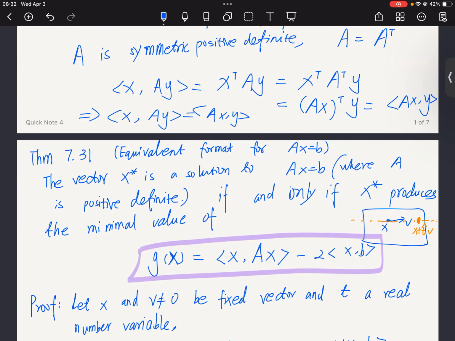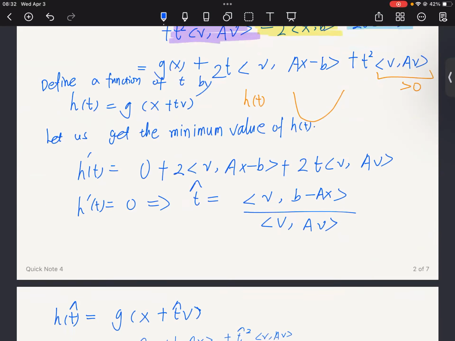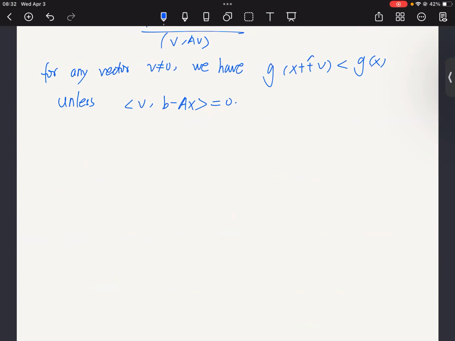First of all, this is direction 1. If x star is a solution of Ax equals b, and this means that